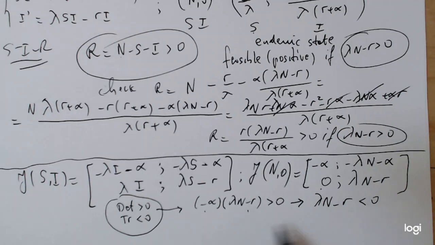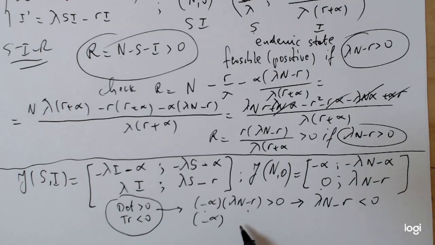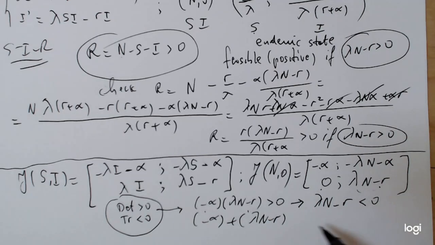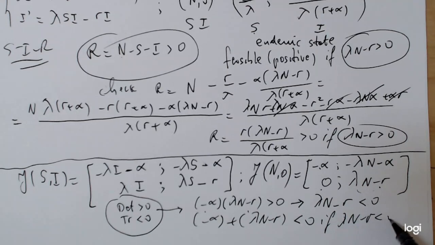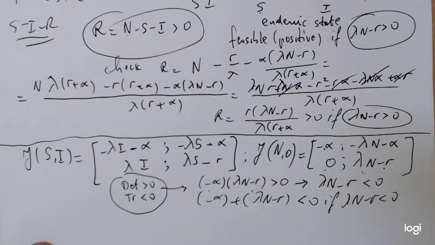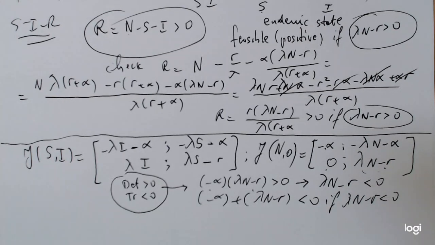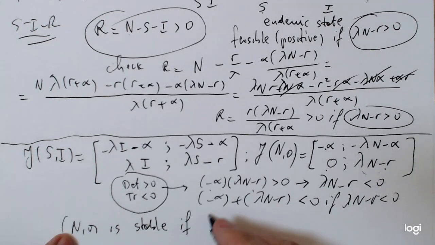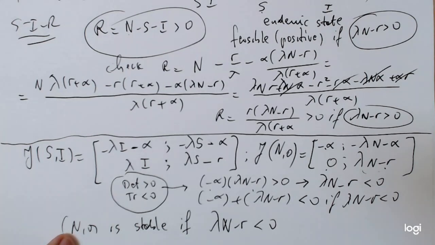But if that's the case, then automatically the trace, which is the sum of minus alpha and lambda n minus r, is going to be negative if lambda n minus r is negative. So once again, we have a single inequality deciding the stability. So we say that N0 is stable